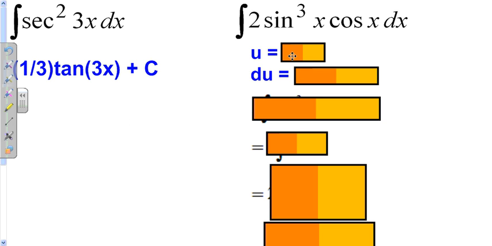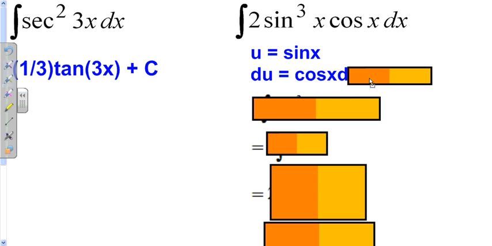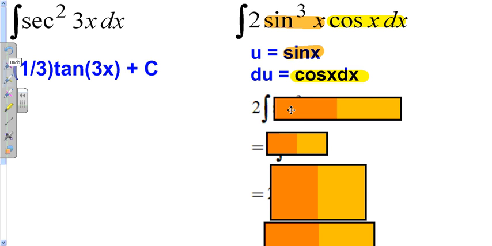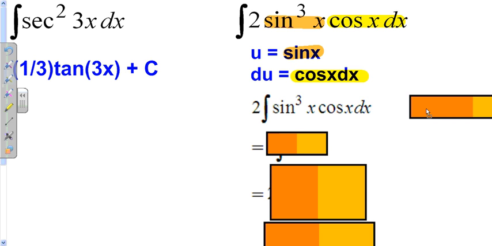Over here on the right, we're going to go ahead and let u be our sine of x. Remember, it's the higher exponent, typically. Not always, but typically. The derivative of sine of x is cosine of x dx. Well, you'll see that we have this showing up here, and then we have our sine of x showing up here that's cubed. Well, you can pull that 2 in front. We then get a sine of x cubed,